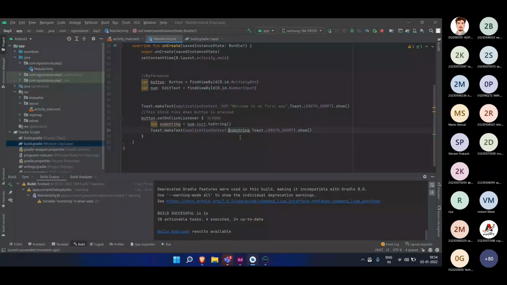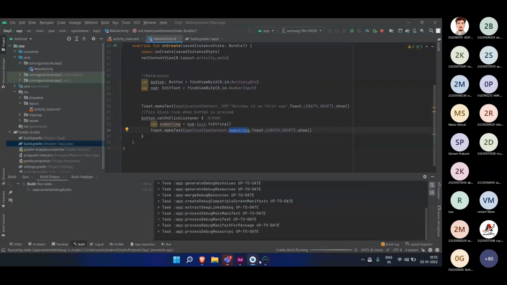That is why we are not providing double inverted commas before and after this num string. Here you can see welcome to my first app, I'm providing double quotes over here, but here I'm not providing any double quotes since I want the data inside this variable.